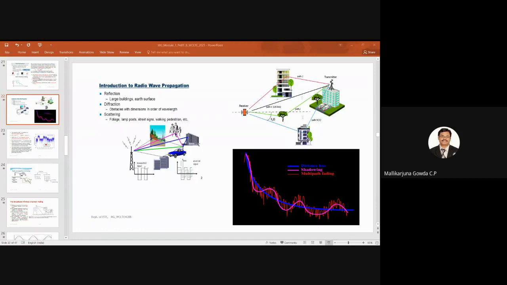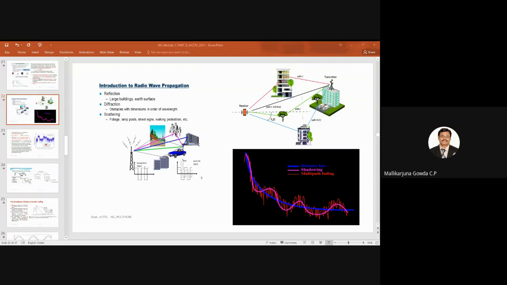This is my transmitted signal. I should receive only this one at the receiver. But what happens? It takes different paths in the wireless channel, so I will be receiving the same signal at different intervals of time. Multiple versions of the same signal are shown here. This is one signal, then another signal with some delay and less magnitude, then another signal with again a reduction in magnitude as well as some delay. I have shown three signals here.